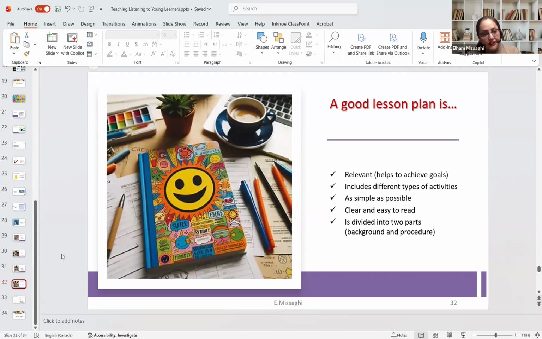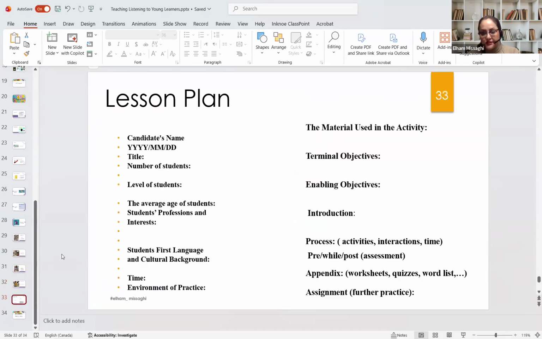And then when you finish it, you have to review that. Is it relevant to the aim of the course? And is it simple enough? And is that clear enough? I said your lesson plan is like your roadmap. If it is too complicated, it's even difficult for yourself. So it needs to be simple, relevant, and logical. Okay? Consider the level of your students. It shouldn't be too challenging and it shouldn't be too easy for the students.